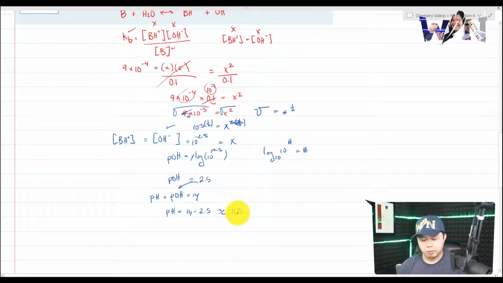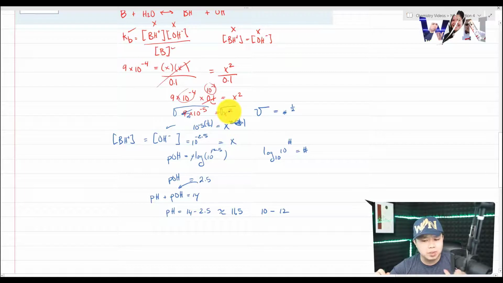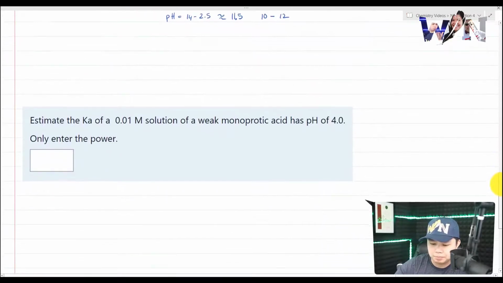There you go. So if we are estimating this, this is somewhere between 10 to 12, okay? See that? It's our estimation. But as you can see, we had to do a lot of mathematical work here because we had to know how to use log. We had to cancel out square root. That's what makes this problem so difficult on your AP Chem test, because they're not letting you use a calculator and it's driving you crazy. But if you can use a calculator, life would be a lot easier. There you go. Now let's try another problem.